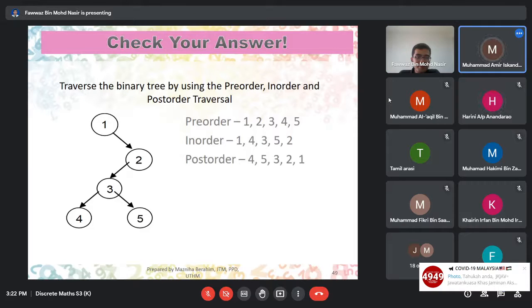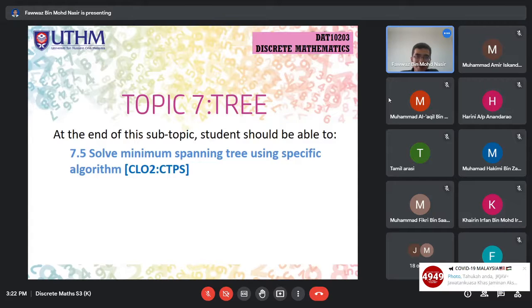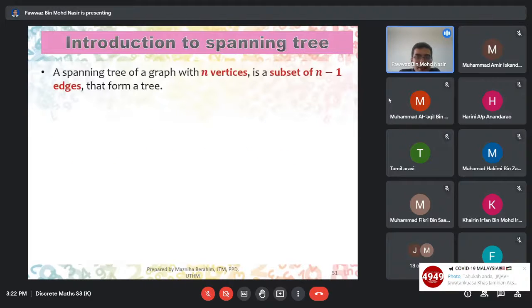No, sir. Okay, alright. So we continue to our fifth subtopic, the second last. Okay, dah nak habis lah. Okay, so this subtopic, kita tengok macam mana nak solve minimum spanning tree using specific algorithm. Okay, jadi basically a minimum spanning tree of a graph with n vertices is a subset of n-1 edges that